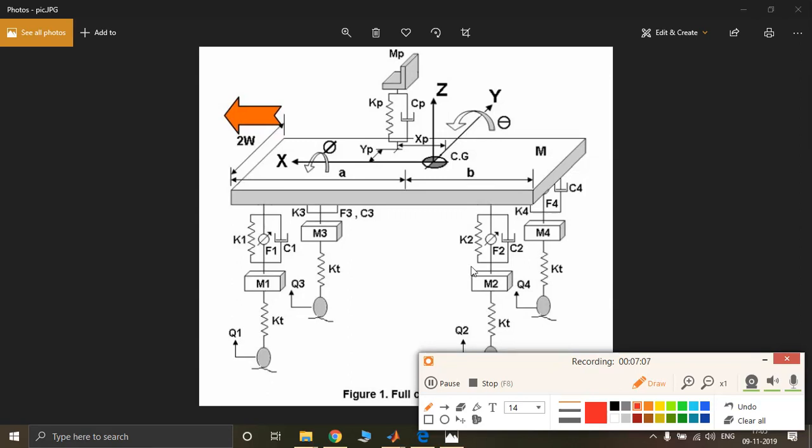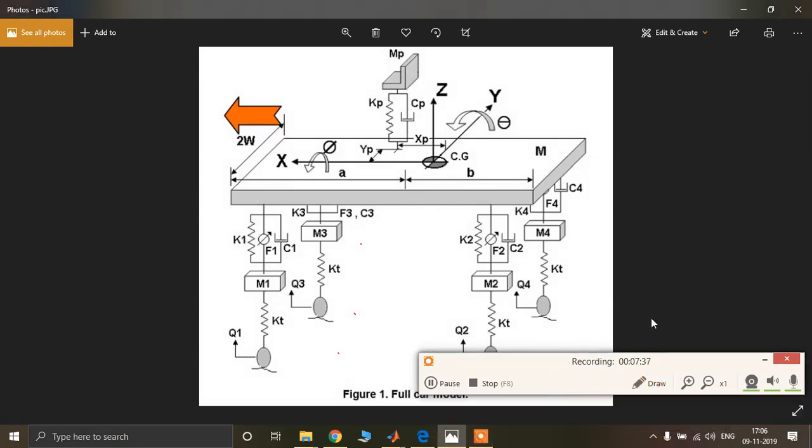So like this, you can calculate the degree of freedom of different kinds of models. And before you try to simulate or build a MATLAB model or even optimize the suspension of it, you should know the basic degree of freedom that you are dealing with. So the next video that I'm going to make is of the quarter car model. I'm going step by step, so that if you watch it you can understand.